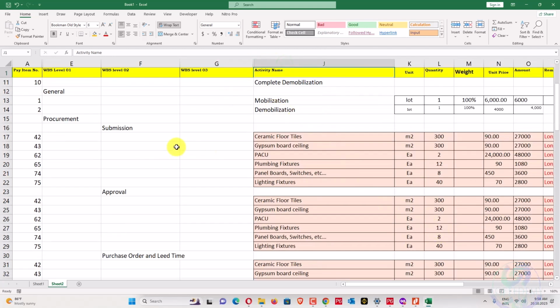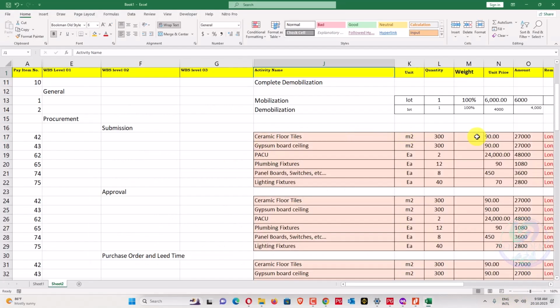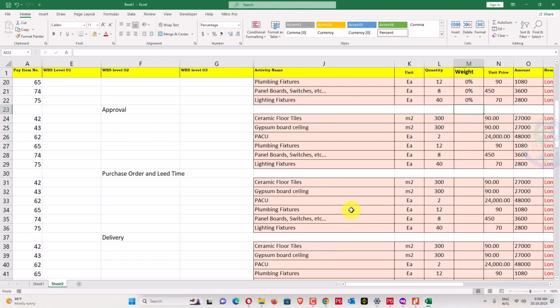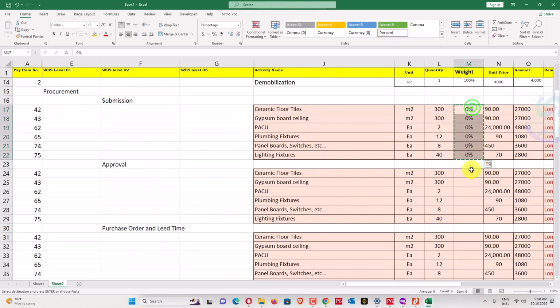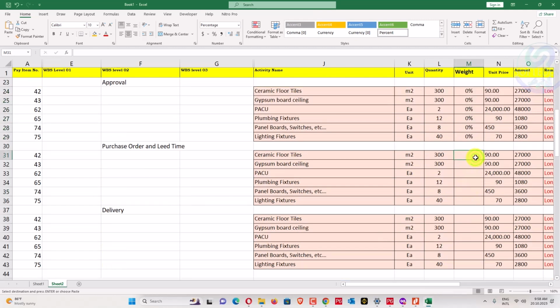So this one is submission 0%. We can go here, 0 submission, 0 approval. Go here, 0 submission, 0 approval. Now that one will go for the other weightages, 0 0 this one, and this one is 5%. I think so, 5% for lead time. Okay, 5%.